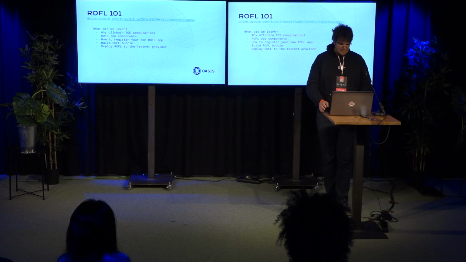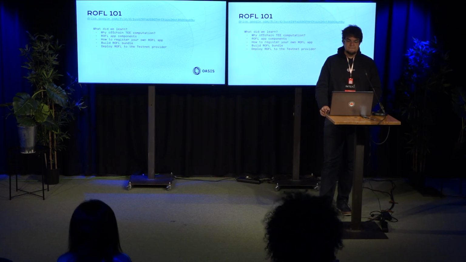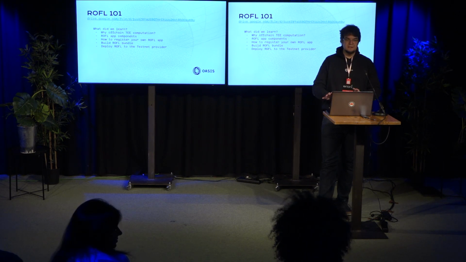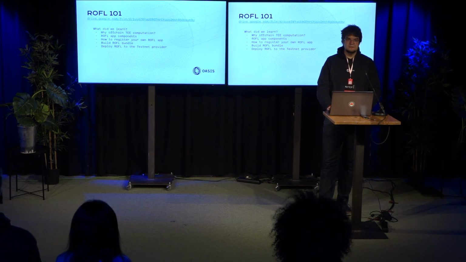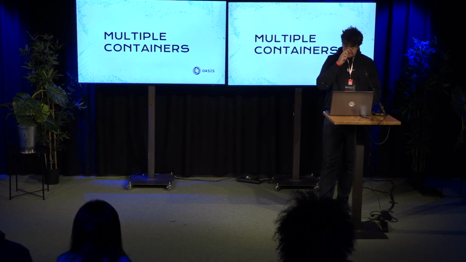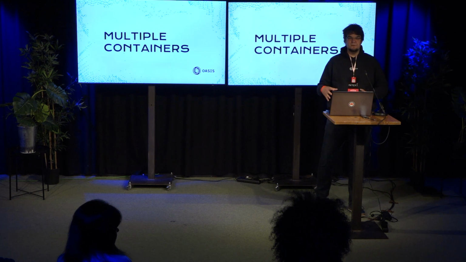Right. So today, I'd like to point out more powerful features. For starters, I will just take the Telegram bot we developed in the ROFL 101 workshop. The first feature I'd like to point out is that back in the previous workshop, we just had one Python script packed inside the Docker container. But you can have multiple Docker containers orchestrated, running in parallel inside the same ROFL app.